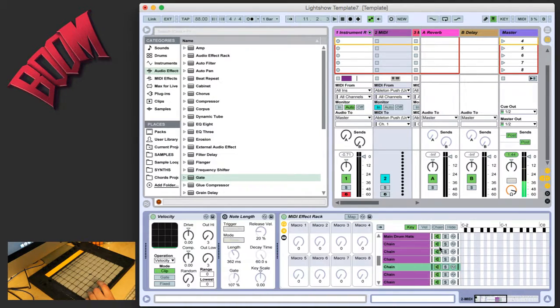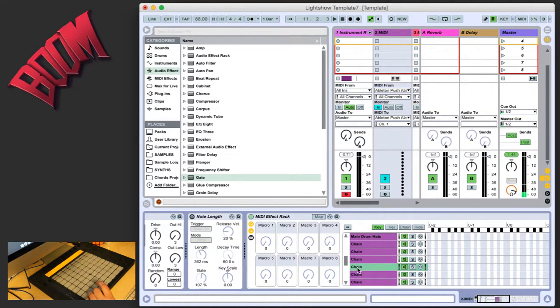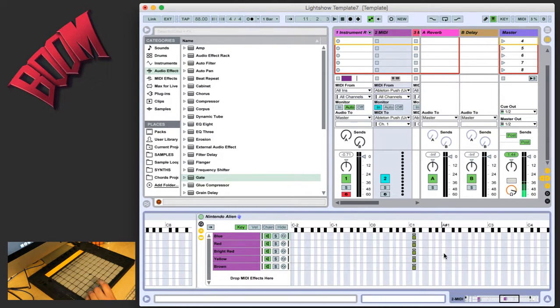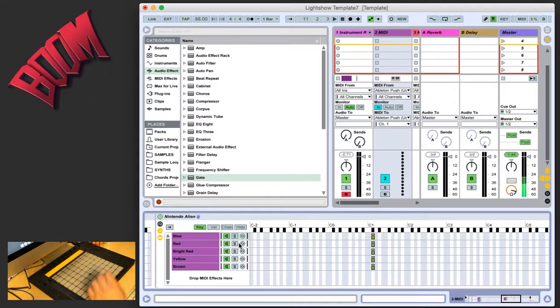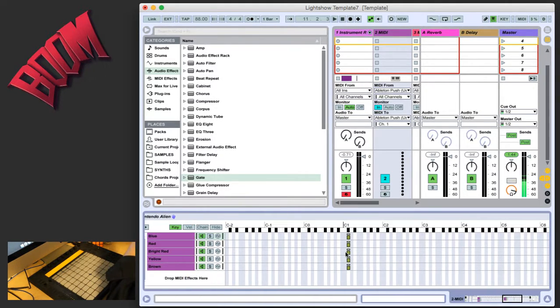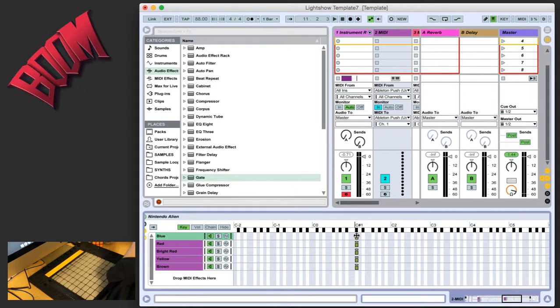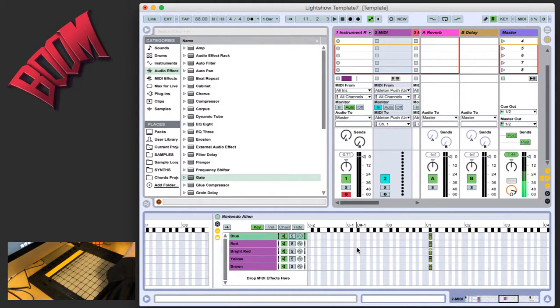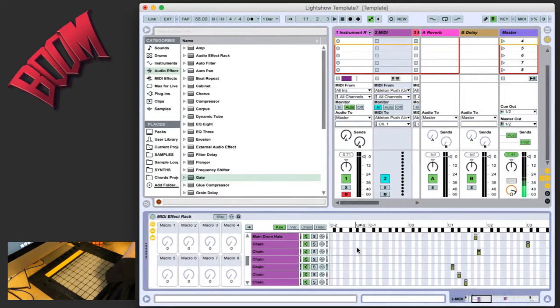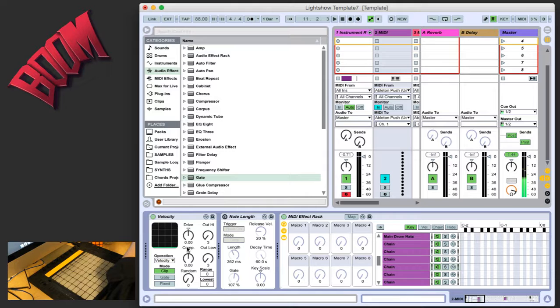If I expand this out, oops, I already had it expanded out. I can see that I've got another chain broken out where I have the color information that I'm sending back to the Push. Okay. And they're all locked into the same key. I'm sure there's an easier way of doing this, but this is the way I figured out how to do this. One thing to note is when I'm making certain that I'm controlling the color, put the velocity in here,